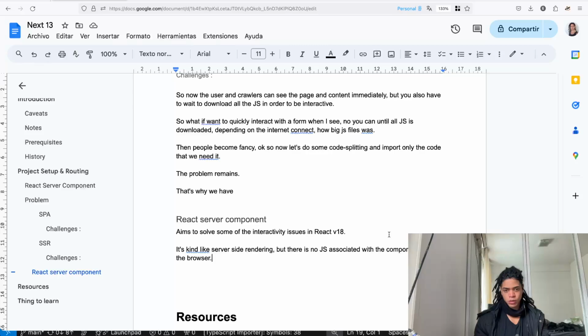Exactly. Which means in your React server component entirely without any JavaScript at all, the caveat is there is no interactivity in your component either. You still need client components for that. But by having these server components, this allows us to do all the data fetching necessary for a page. Imagine you have